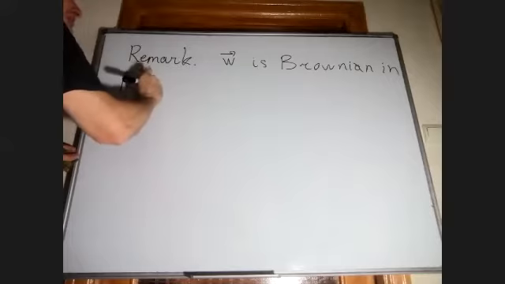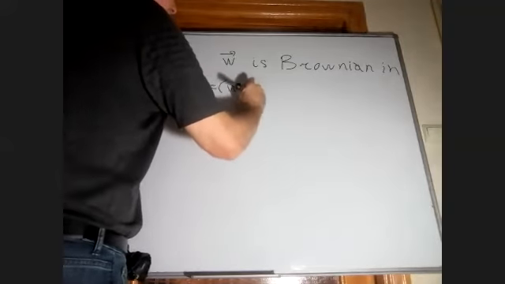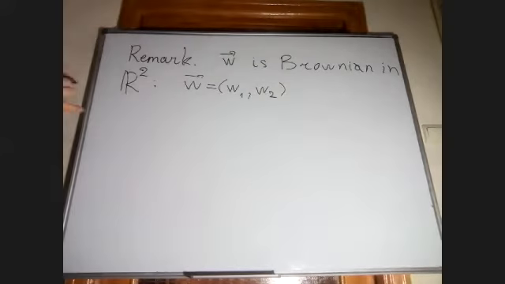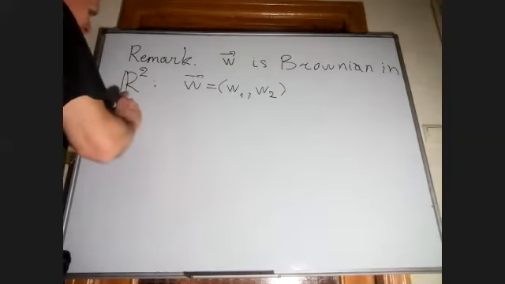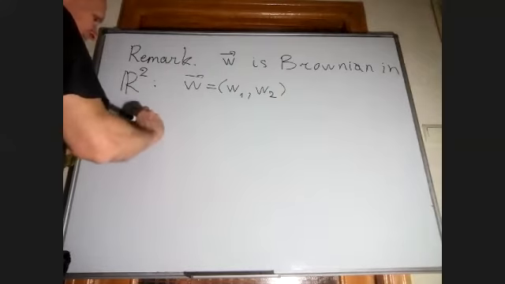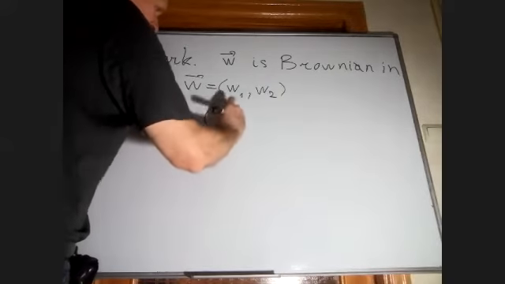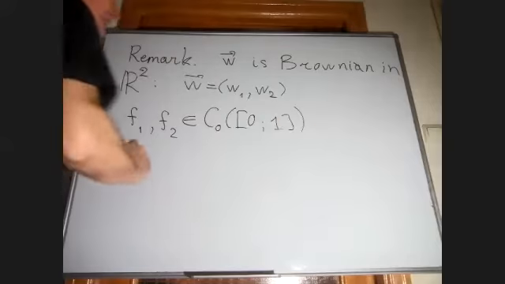It means that W is of the form W1, W2, where W1 and W2 are independent standard one-dimensional Brownian motions. Now, let us consider two functions, F1 and F2, which belong to C0, 0, 1, such that